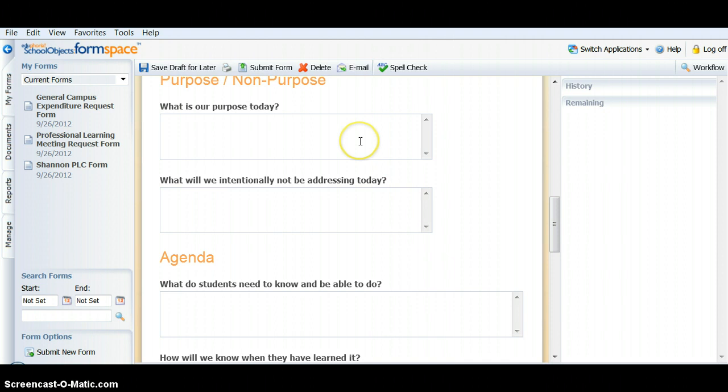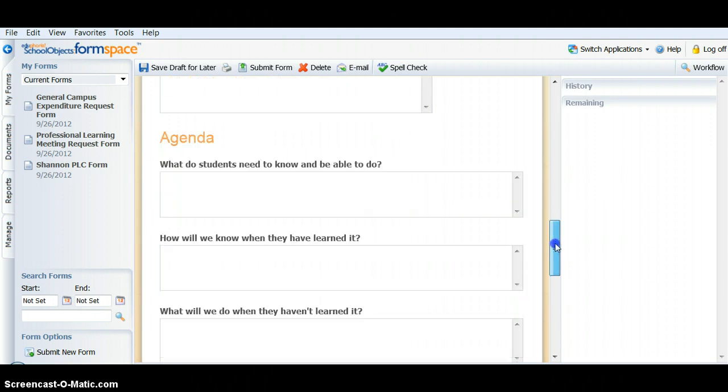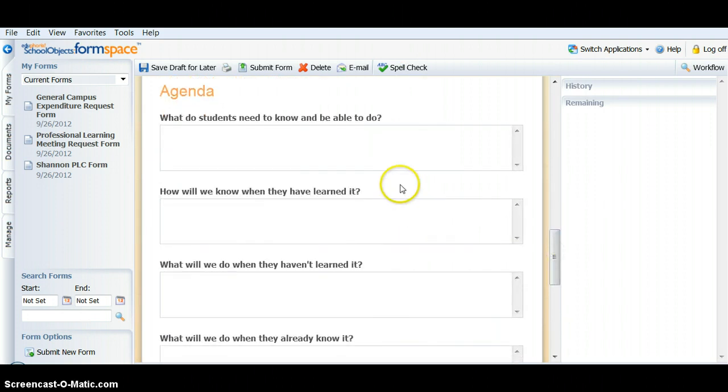What will be our specific purpose for today's meeting? And almost as importantly, what will we intentionally not be addressing? Sometimes there's so much at hand and so many issues on teachers' mind that it's important that everyone just agree, today we aren't going to discuss these certain things because we want to focus on our main purpose of today's meeting. The agenda items really help move the teachers through those 4 questions of the PLC to drive the work